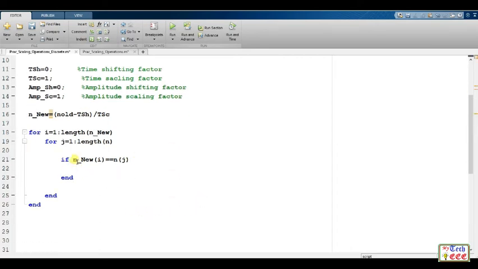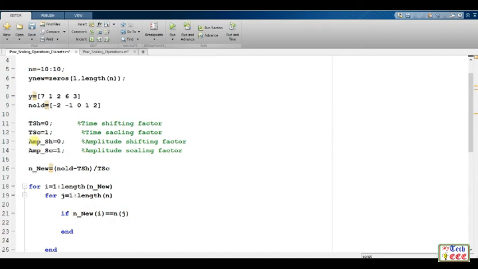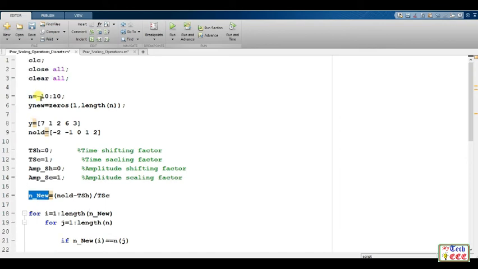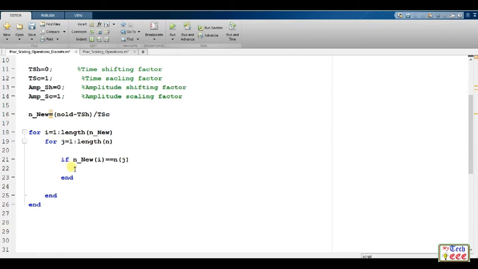Now if these two elements are matching, that means if the first element in the n new matches anywhere in the vector n equal to minus 10 to plus 10, at that particular instant I'm going to replace 0 with this particular sample.